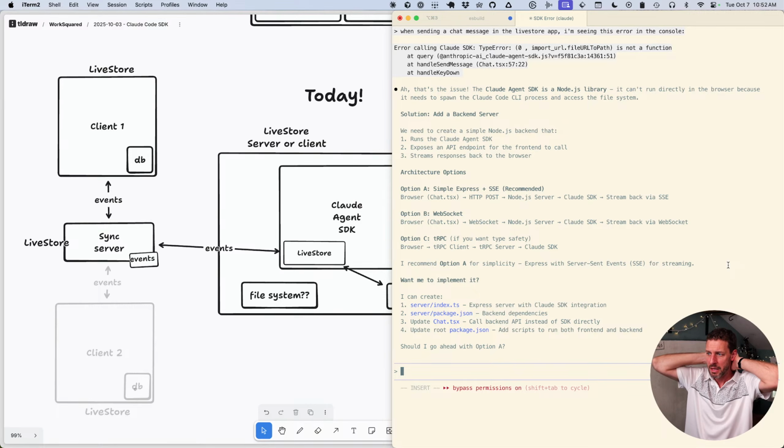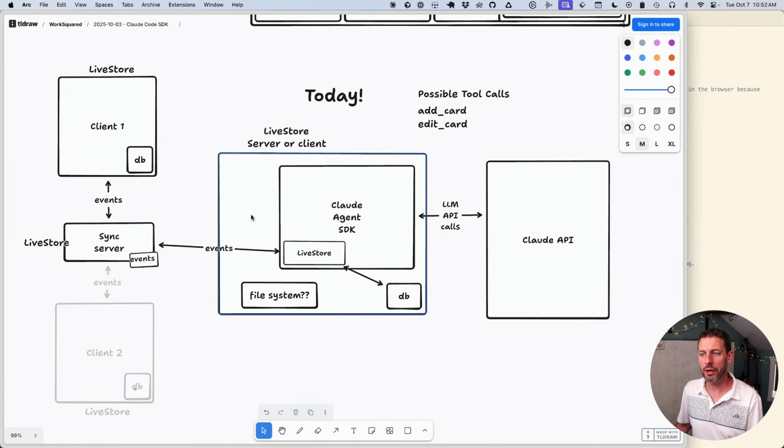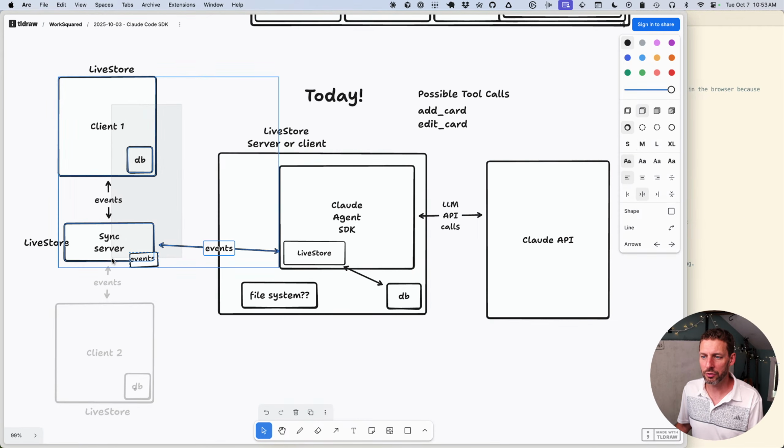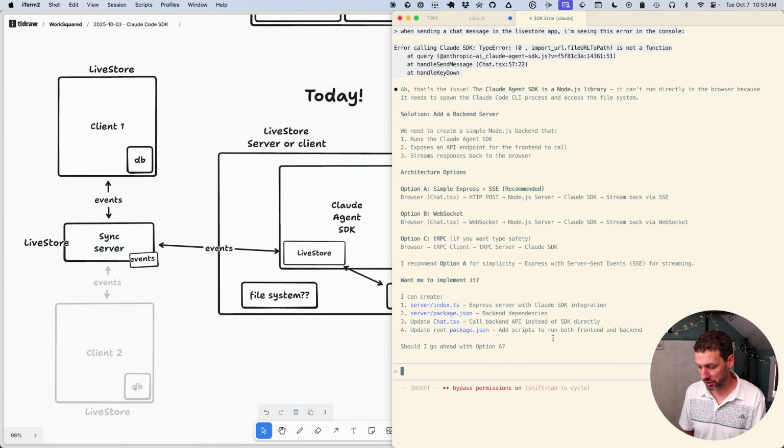Not exactly. The architecture options it's presenting here are using streaming responses, like creating a streaming connection between the LiveStore server and this front end client. That would be one way to architect it, but that would not be the LiveStore way to architect it. So we actually need to use LiveStore as the centerpiece here. So I'm going to actually say,